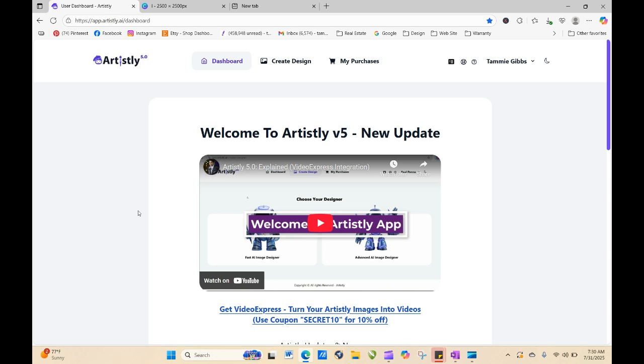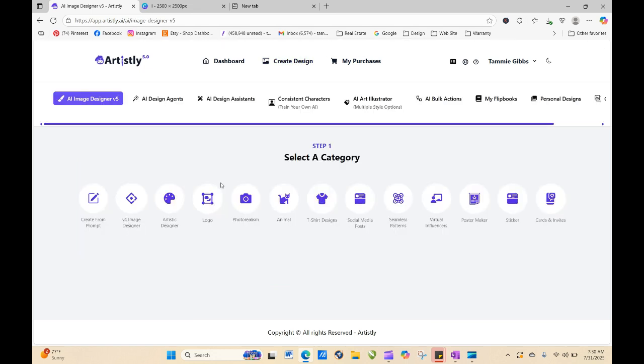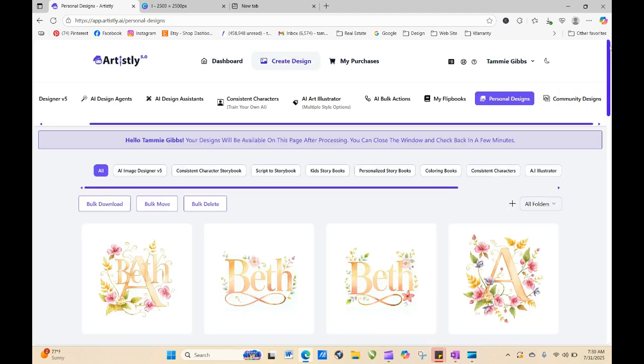I'm Tammy, and today we're going to be working inside Artistly 5, inside the Fast AI Designer, and trying out a couple of different ways that you can make very interesting word art and letter art. So, we're going to pop into my personal designs, and I'm just going to show you some of the original